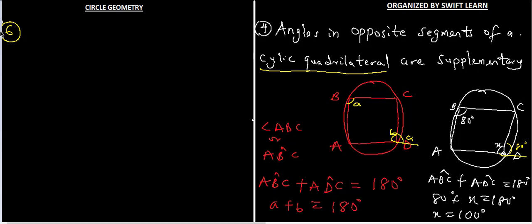Now what does the sixth law say? The sixth law says the angle between a tangent to a circle, you can write that out. The angle between a tangent to a circle and a chord through the point of contact is equal to the angle in the alternate segment. Let me write that down in case you are looking at the screen visual form, so you can get it. The angle between a tangent to a circle